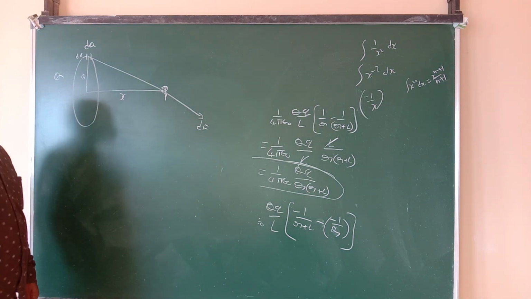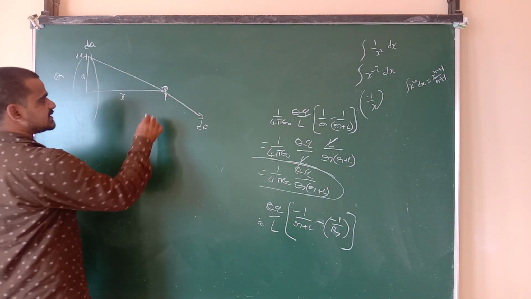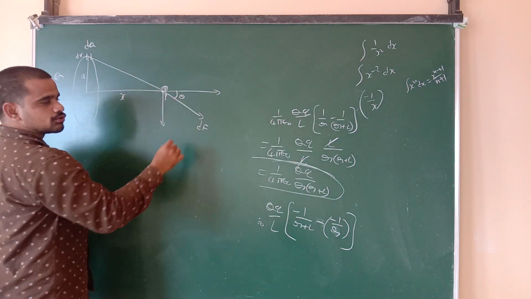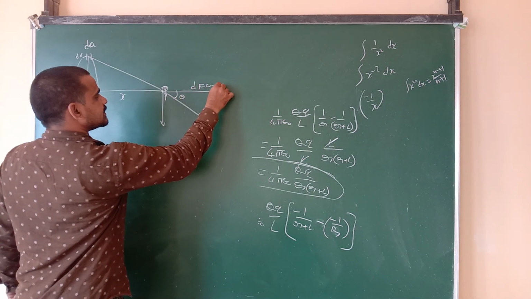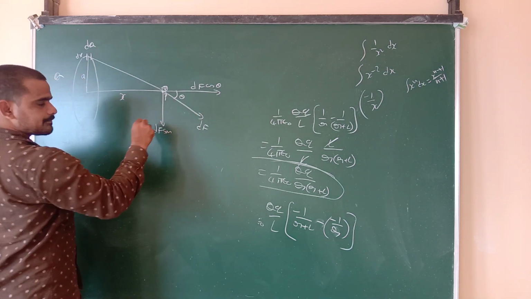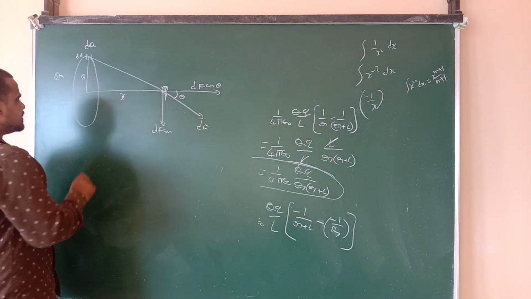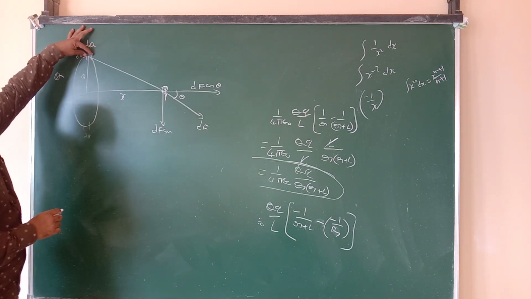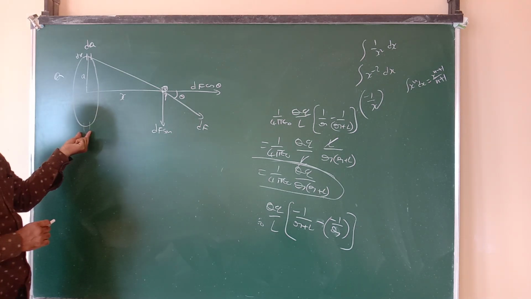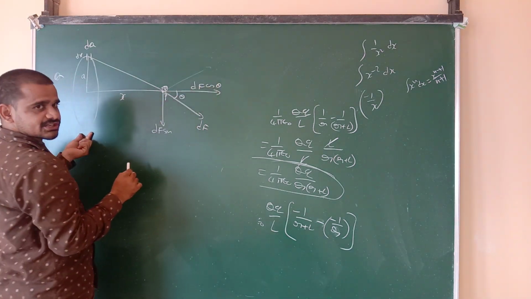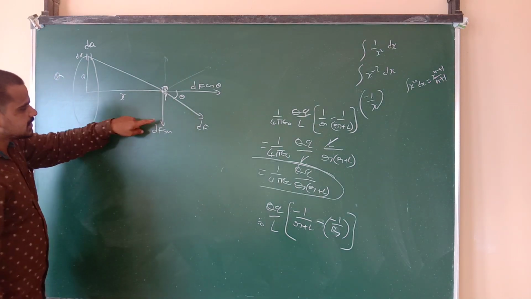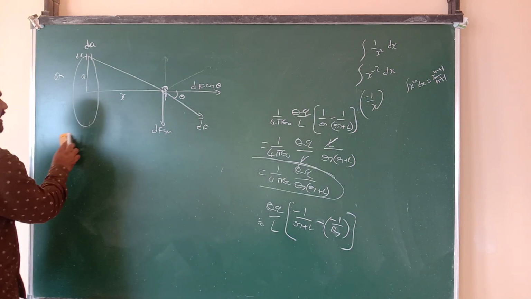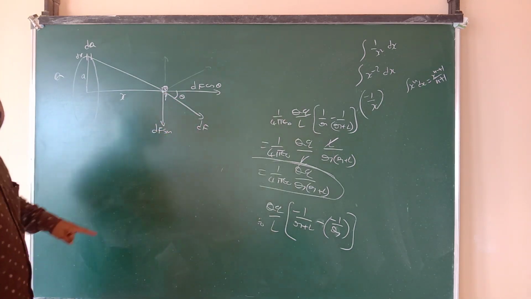dF is a force, and this dF we resolve into two components. I'll take this angle as theta, so this becomes dF cos theta and this is dF sin theta. In the same way, I will have one more dq here, the same quantity of charge. This will apply a force in this direction, giving dF sin theta in this direction. The dF sin theta components cancel, and finally only dF cos theta remains.